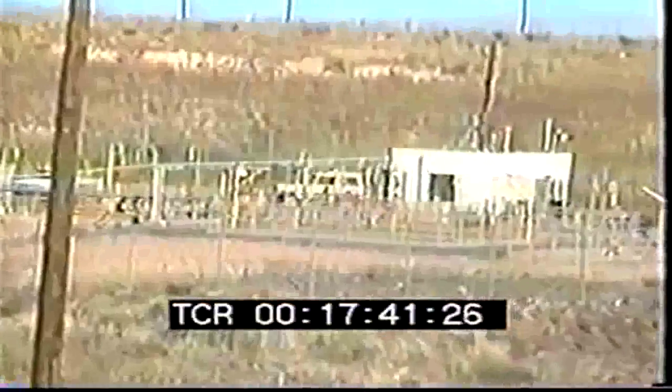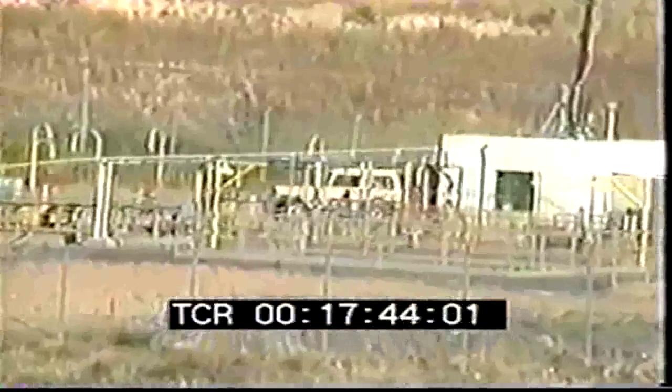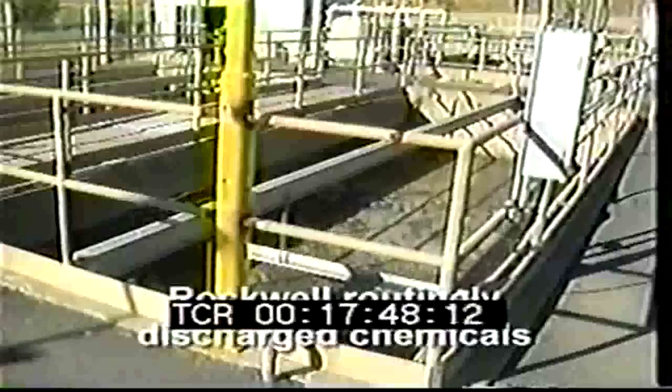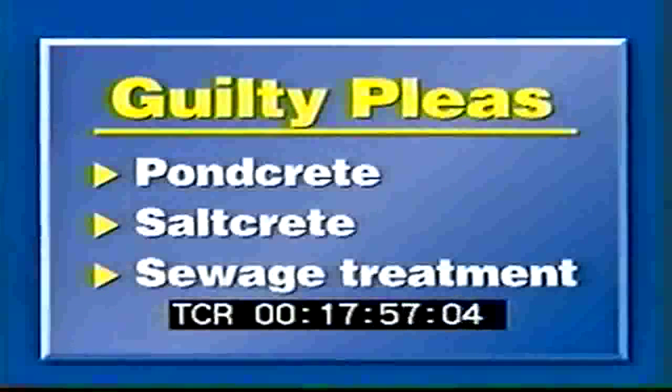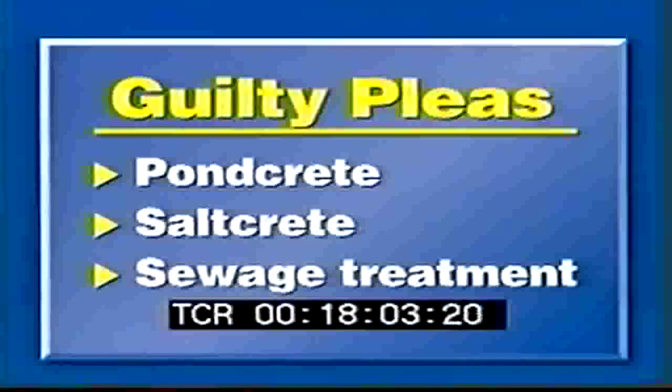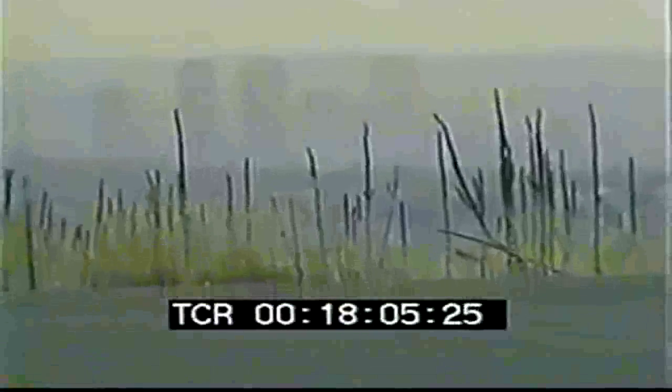Rockwell knowingly misused the 1952 sewage treatment plant and routinely discharged chemicals into the effluent. They knew their system ultimately fed into local communities' drinking water, and yet they continued these practices. Later, Rockwell pleaded guilty to criminal violation of federal environmental laws in each of the concrete, saltcrete, and sewage treatment matters. The 903 pad incident and the violations to which Rockwell pled guilty demonstrate reckless and criminal handling of radioactive